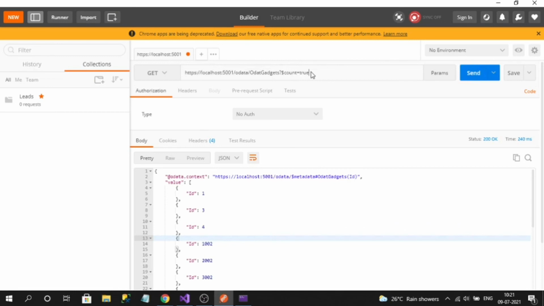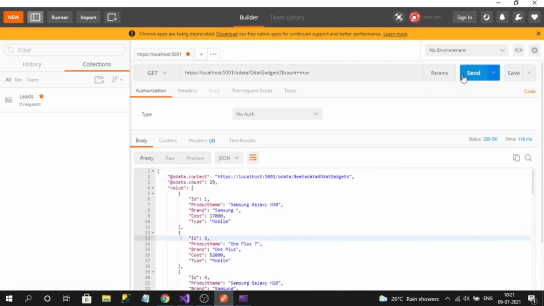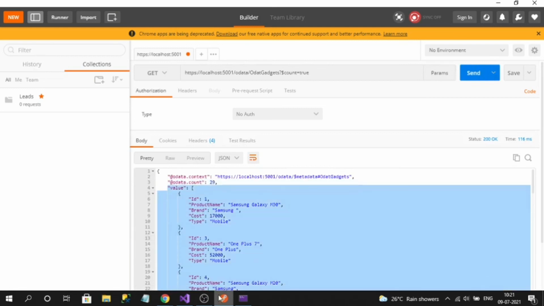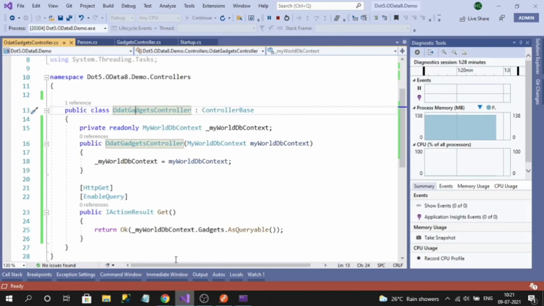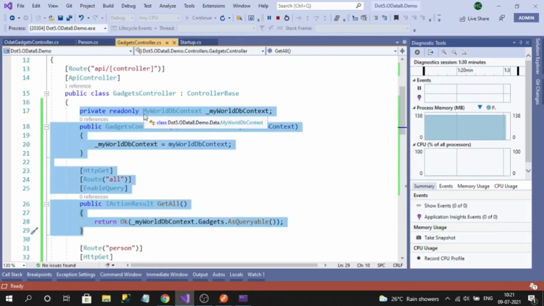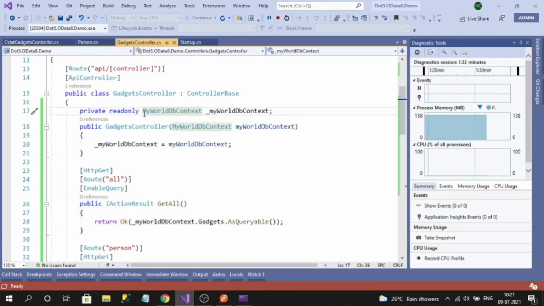If I apply count equal to true, see, now you got the total count of these records. So that is how OData will work. And my suggestion is you can sacrifice the count property and use regular Web API routing and integrate OData. That will be more helpful than integrating the OData routing.